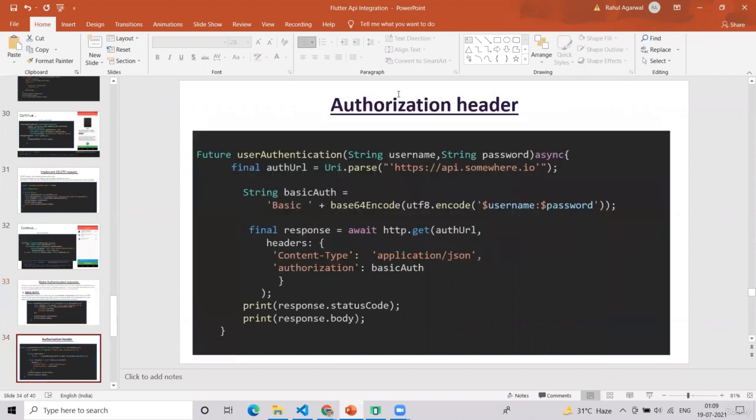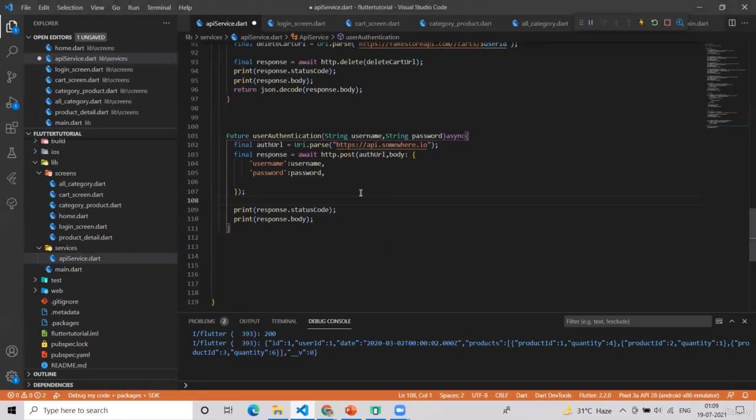The second one is to send the details using the authorization header, that we can do simply like this.